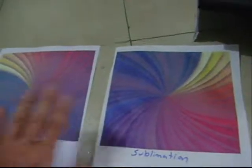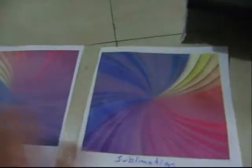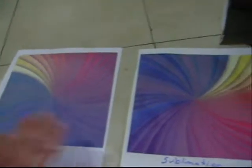These 2 papers have been printed in the same printer with the same concept, and you can already tell the difference in color. Now we're going to use the sublimation process. Remember, on the left we're going to have the regular paper, and here on the right we have our own paper. The same condition,